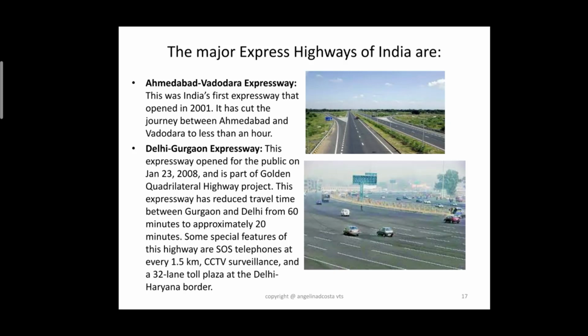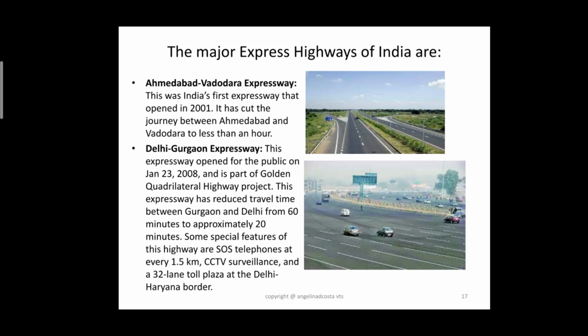Delhi-Gurgaon Express Highway. This expressway opened for the public on January 23, 2008 and is a part of the Golden Quadrilateral Highway project. This expressway has reduced travel time between Gurgaon and Delhi from 60 minutes to approximately 20 minutes. Some special features of the highway are SOS telephones at every 1.5 kilometers, CCTV surveillance, and a 32-lane toll plaza